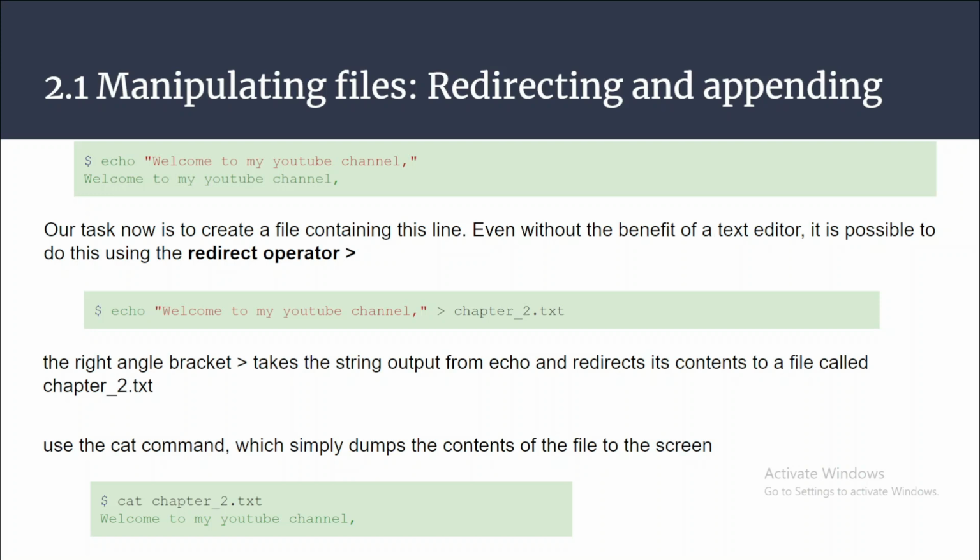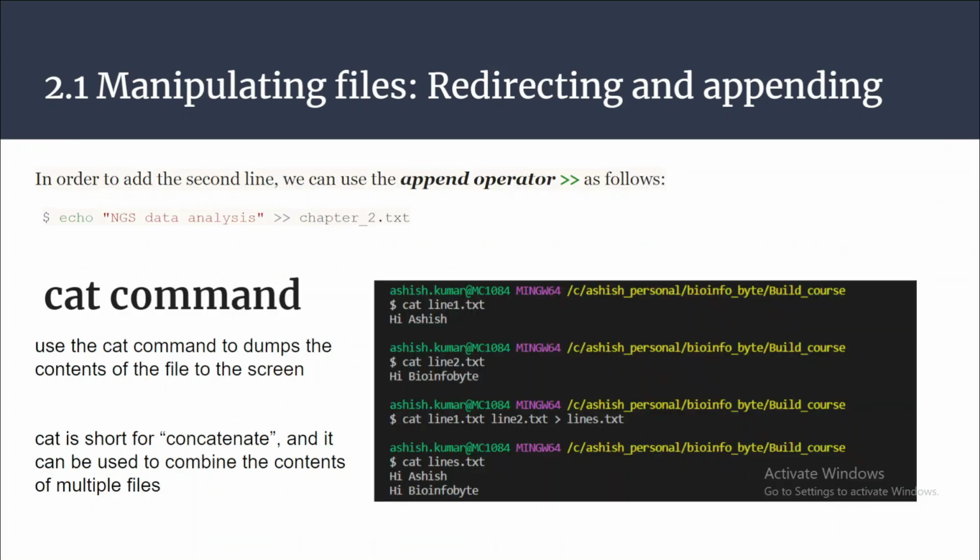The next part is, we have added one line in the txt file, that is chapter2.txt. Now I want to add the second line. So how can we do that? Now it's time to append, meaning adding an extra thing. Here we will use the append operator, and the symbol of the append operator is double greater than symbol.